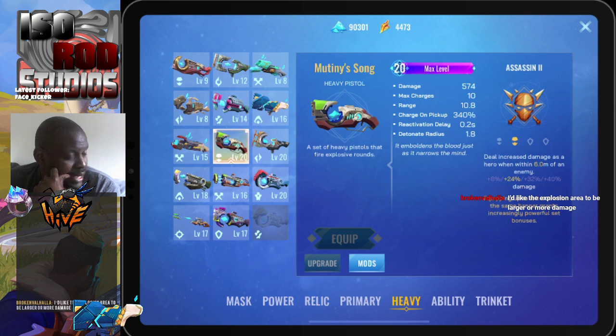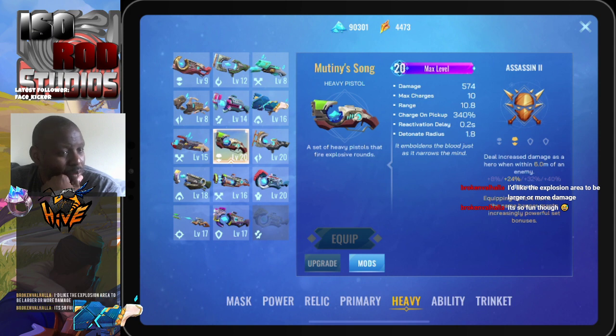And also, its end damage is kind of low. It's not really high damage. I understand what they're saying, times 10 you can do about 5,000, but you can miss, so you don't necessarily always hit everything. And I think the max charges should be per gun, not both guns together, because